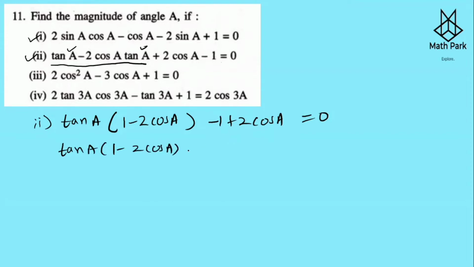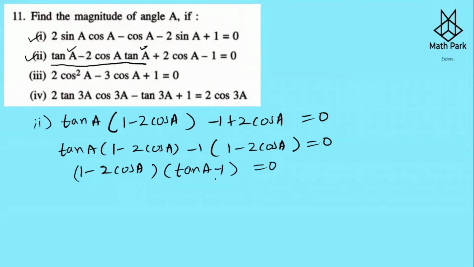And here we'll be taking minus 1 common. We are left with 1 minus 2 cos A, which is equal to 0. So the factors are 1 minus 2 cos A in one bracket. In the other bracket we have tan A minus 1 is equal to 0. So